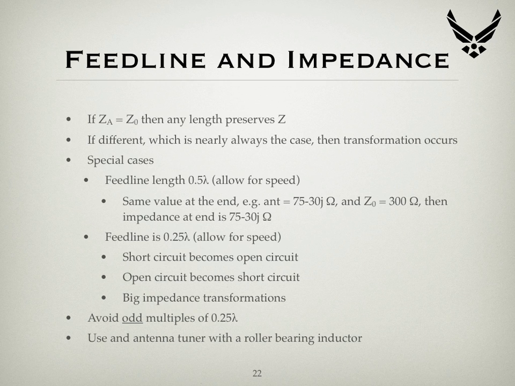So as a result you get very big impedance transformations when you have a transmission line that is a quarter of a wavelength long. So the general advice is always to avoid odd multiples of a quarter of a wavelength. So if you've got 1, 3, 5, 7, any odd numbered multiple of a quarter of a wavelength should not be